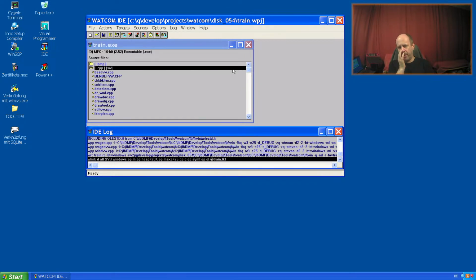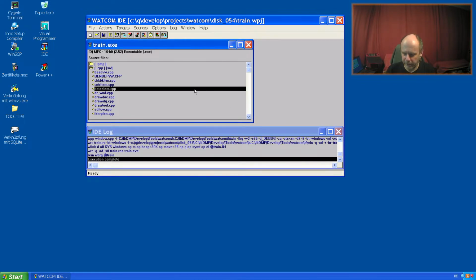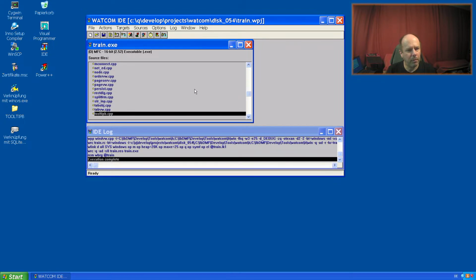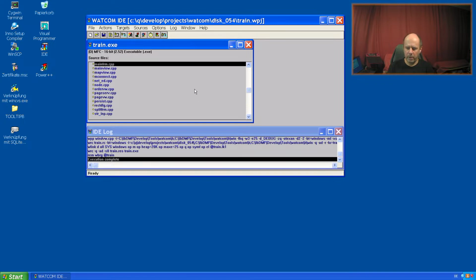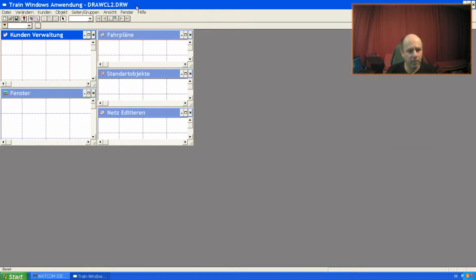And in that time, the application has grown to be multiple files, many more files about some train riding reservation system for historical steam locomotives and some steam trains, just to see if I can start it.